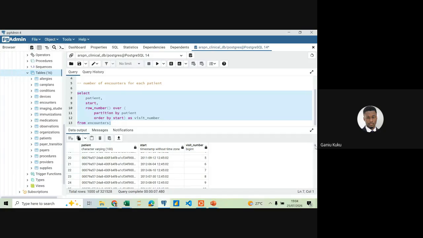So let's look at another window function, which is rank. Yeah, rank is a very popular one. What rank basically does is simple: it assigns a rank or a position to each row. Just assign a position to each row. So for example, now you have